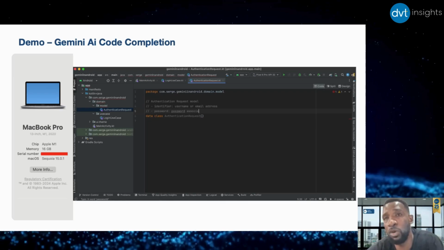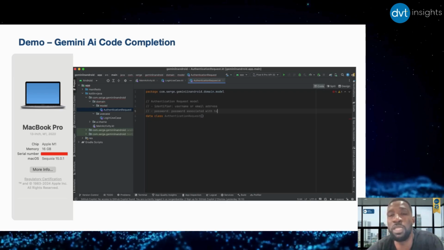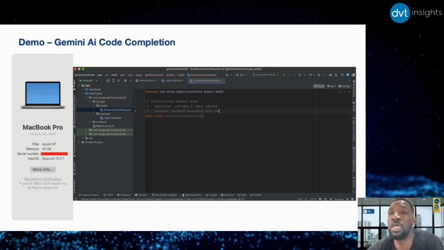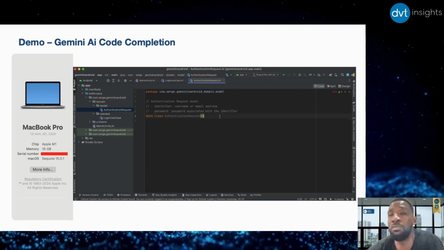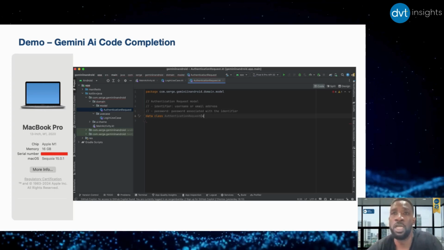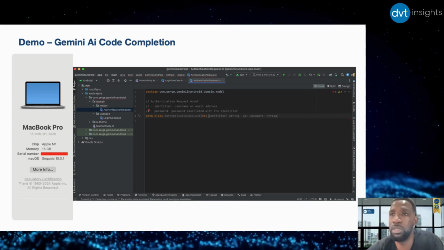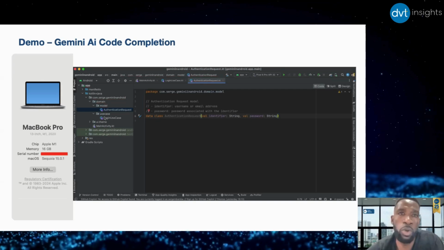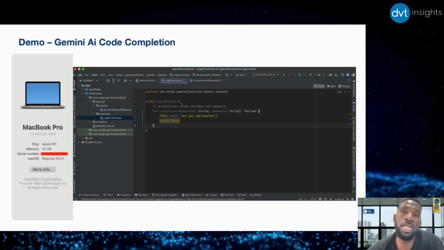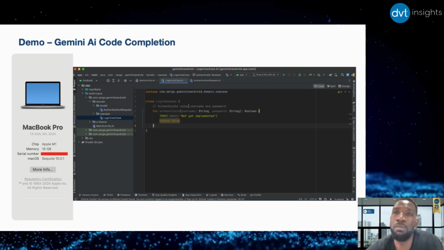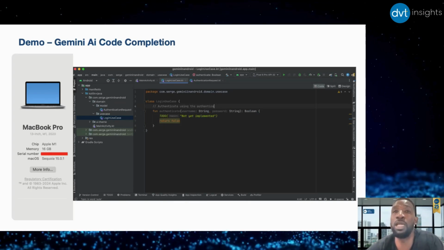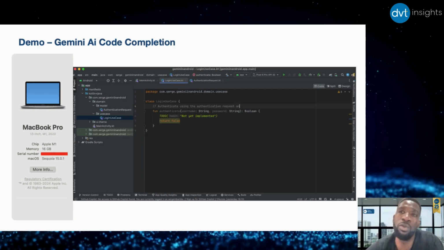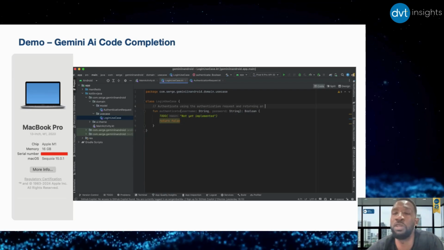And I'm expecting and hoping that code completion in Gemini will still give me a very similar structure. In this case, I will expect some val for both fields. So once I do that, I get the same kind of result. Going back again to my method, I refactor my implementation, asking code completion, look, I'm going to authenticate now using my request and no longer using the individual fields.